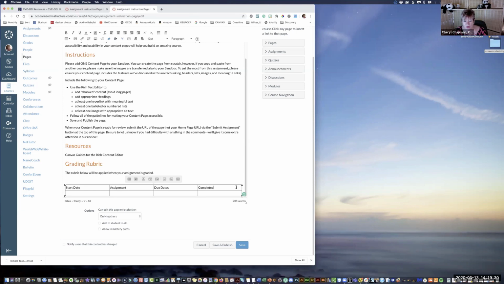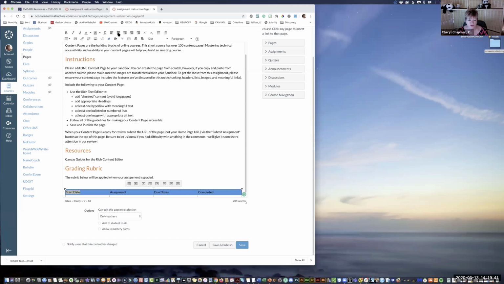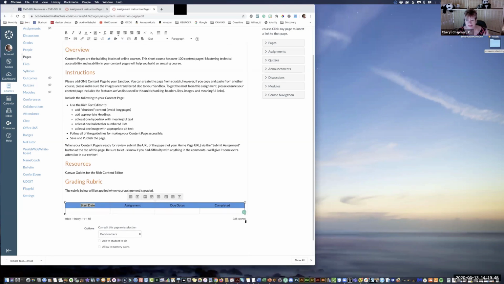Just like in Word, we will highlight the whole row, and then we can center that using the centering tool in the rich text editor. But then what we need to do is make sure that it's a header row. So in order to do that, you can go to the table properties,